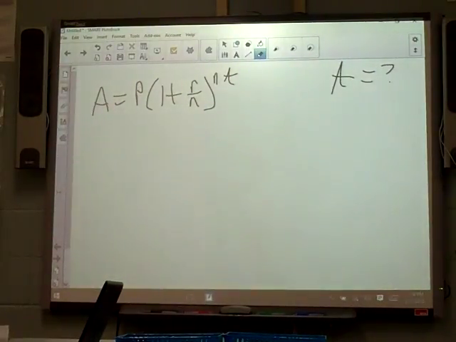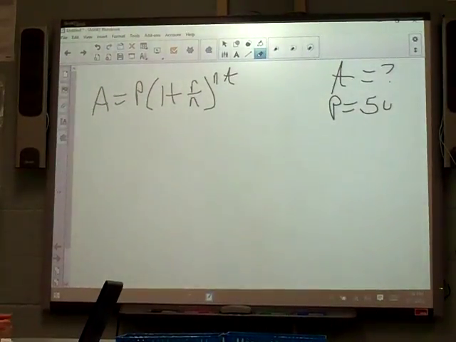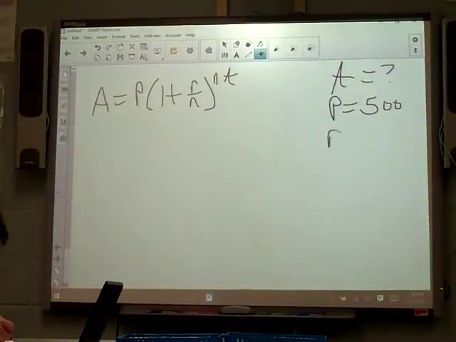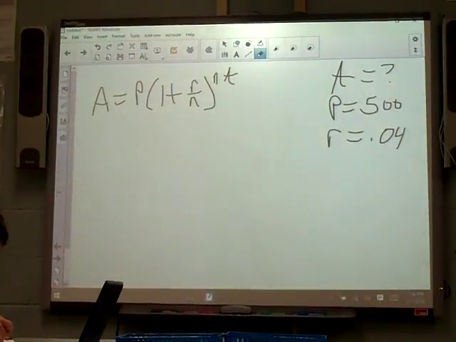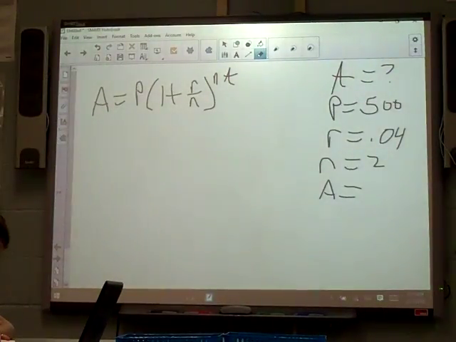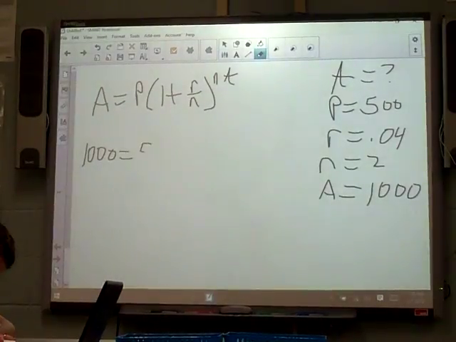Find the number of years it will take for $500 deposited, so there's your P, in an account paying 4% interest, 0.04, compounded semi-annually, that's twice a year, so your n is 2, to double. So that amount I deposited was $500, so to double, it would end up being $1,000. Be surprised how many people don't know what to put when it says it doubled. That's not very bright. Alright, so $1,000 is equal to 500 times 1 plus